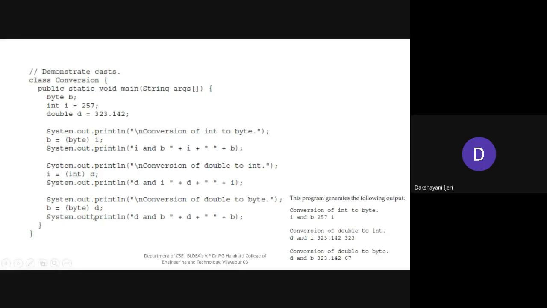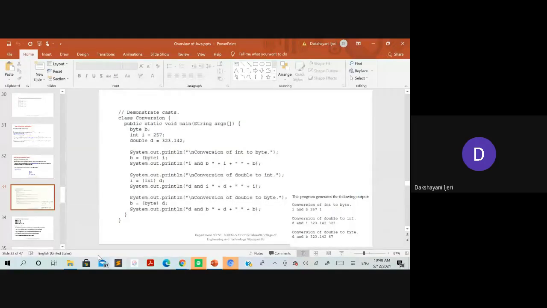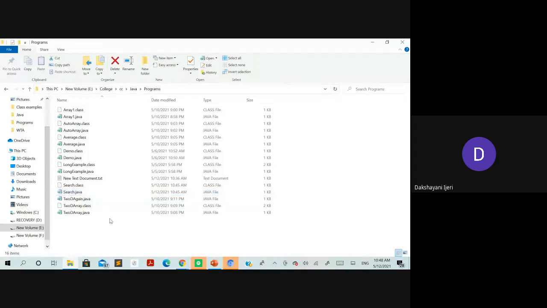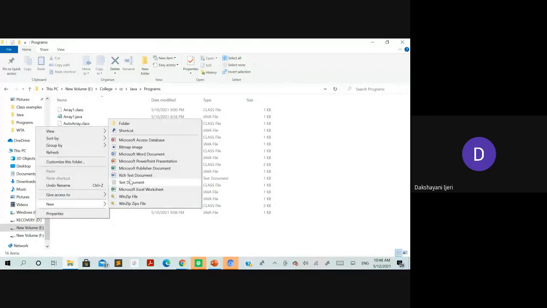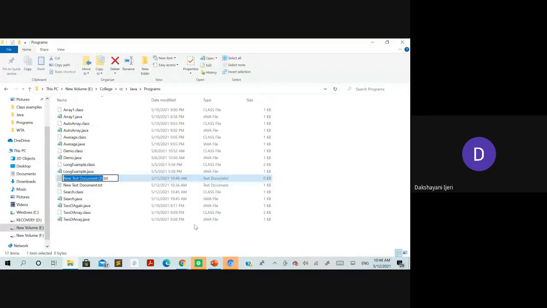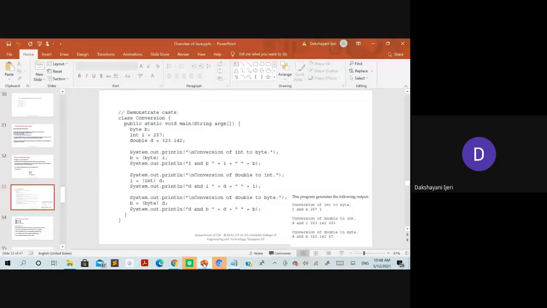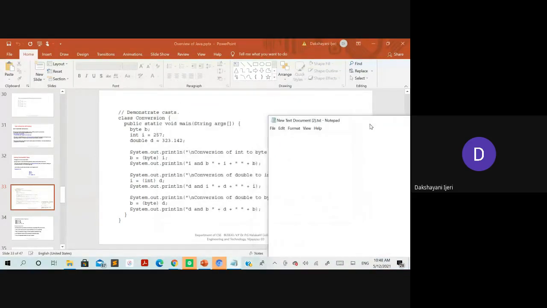So we stopped at this last part, right? Where we were trying to convert from the double to the byte. So when we are trying to convert from the double to the byte, as I told you, the double value is 323.142.